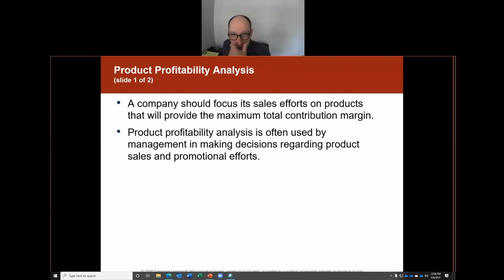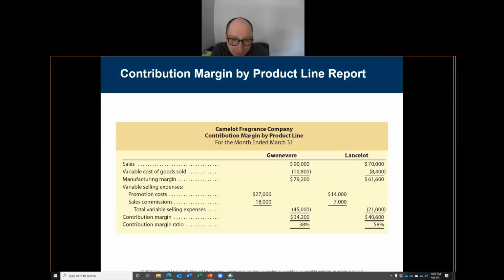It's interesting sales data. And as managers, that helps us to identify trends, identify weaknesses in the company, and overall improve our margins. Margin meaning profit, of course. So the company's focus is on maximizing contribution margin, profit, and profitability, and that helps us to make decisions on sales and promotions.